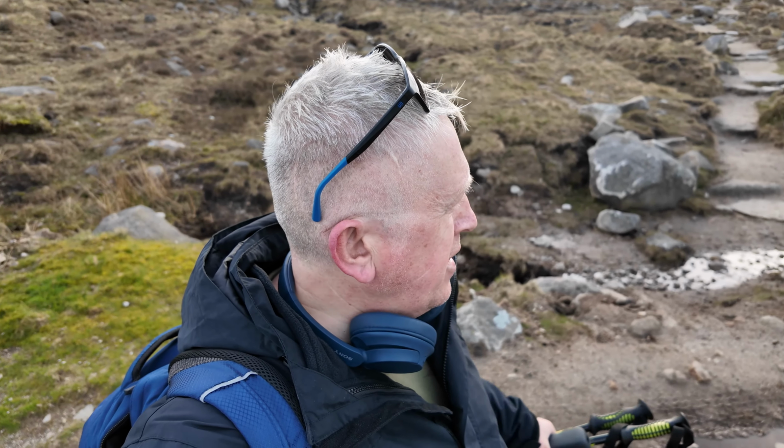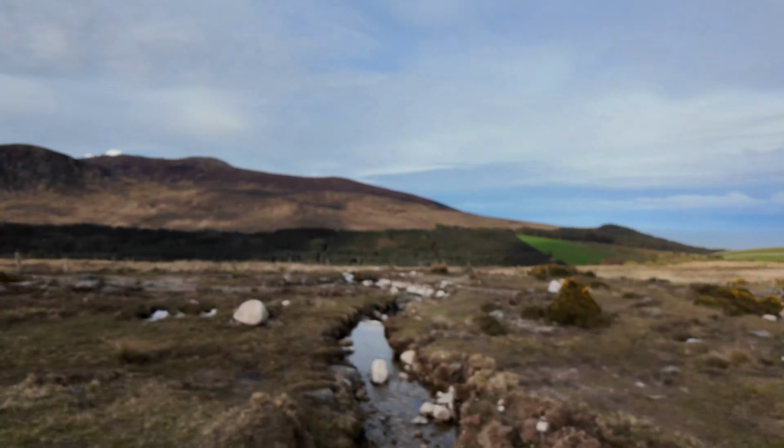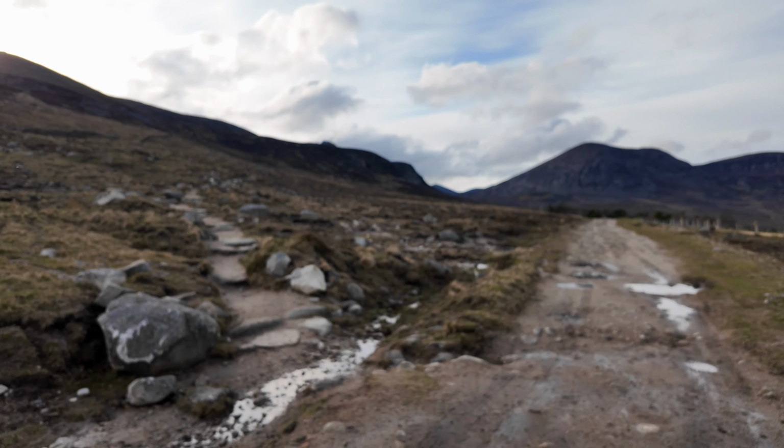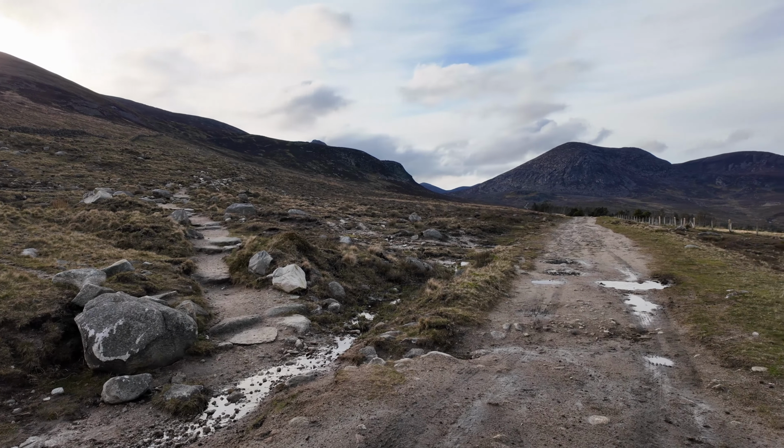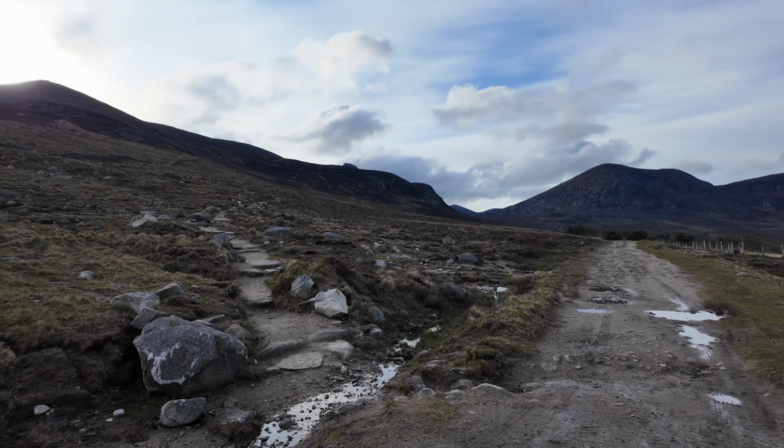Friends, this is where it all went wrong this morning. I got up as far as here, as you can see. This path to the right hand side is the path I should have gone down. I'm going to spin you around here just to show you better. Yeah, I got to this junction. I should have gone down this path to the right hand side, but I seen 3 other walkers going up this one to the left,